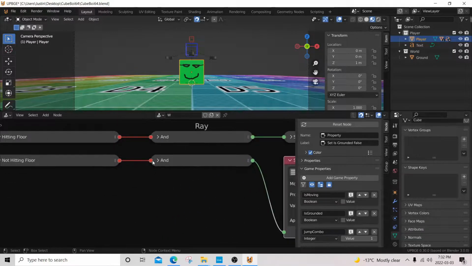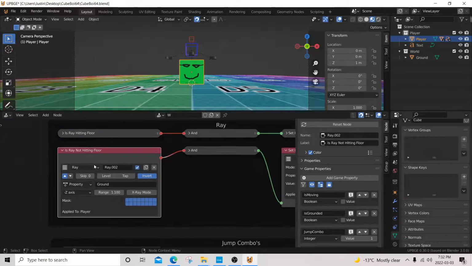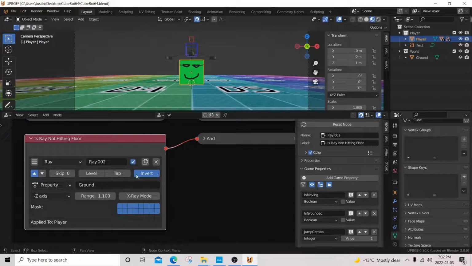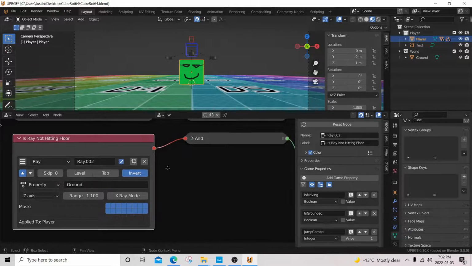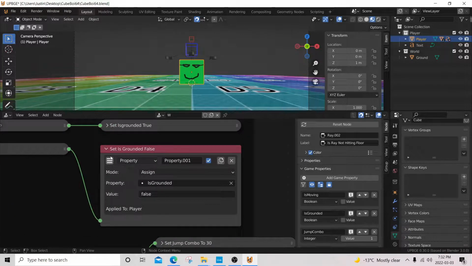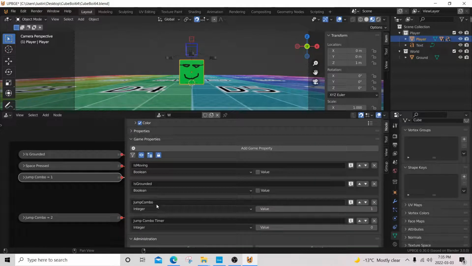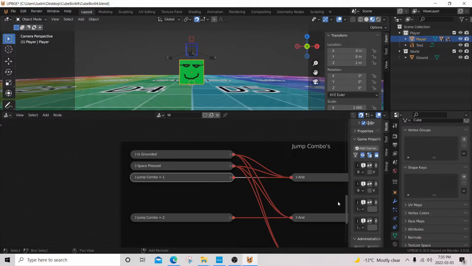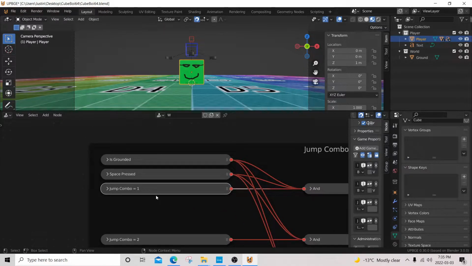These at the bottom below do the opposite. So is not, the invert here, touching the ground, set it to false. From there, I added two game properties, also known as variables. I added jump combo and is moving. Is moving will come into play later, but for now, we're going to focus on